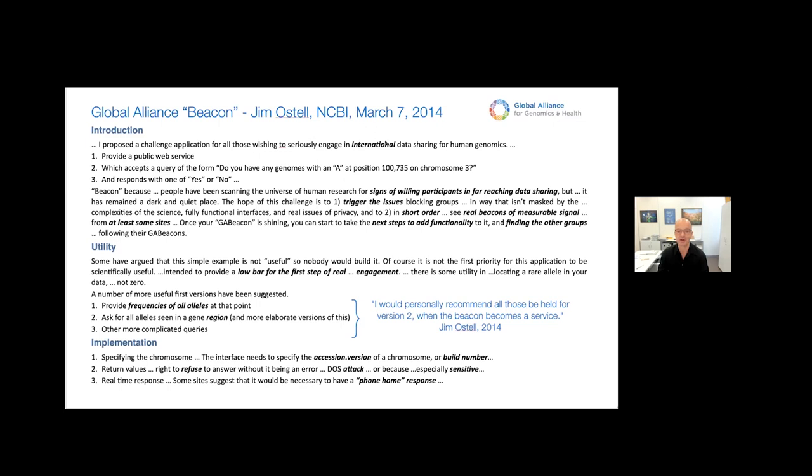It should be an international effort. It should look for signs of willing participants who want to contribute to that, but may not even directly know what the roadblocks, what the issues are in developing such a data sharing protocol. However, this project was from the initiation also thought to not just be a gaming exercise, but really to provide measurable signal and provide some functionality directly from its first instantiation.